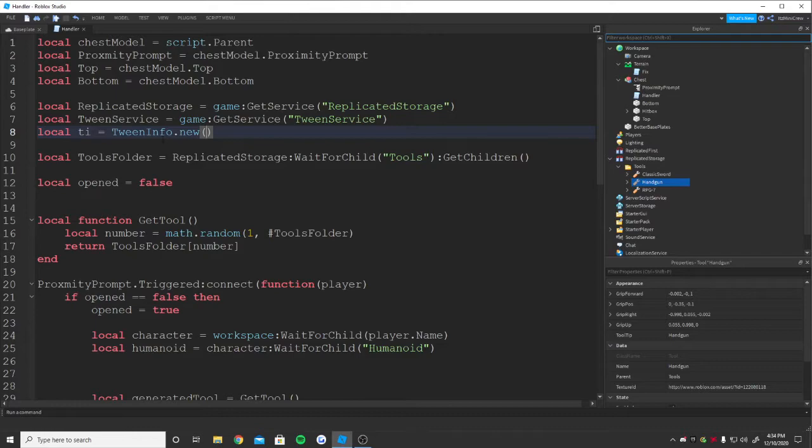So I'll just say 0.5, and the easing style, so Enum.EasingStyle dot Sine will be like smooth, but here I think elastic would be good. I'm not sure, I haven't even tried elastic in a chest, but once you do that, you can even say the easing direction into, but I don't think we're gonna do that. We are only gonna do these two parameters. And now